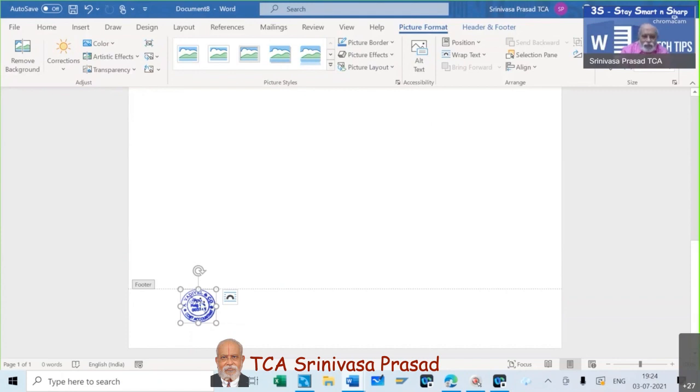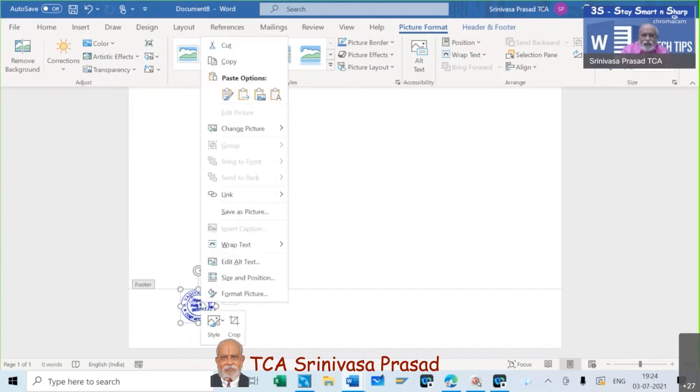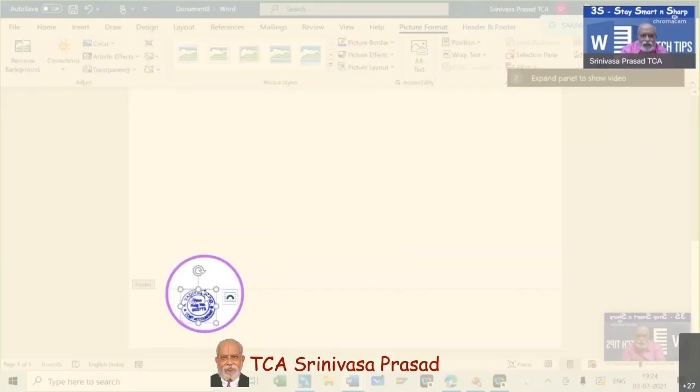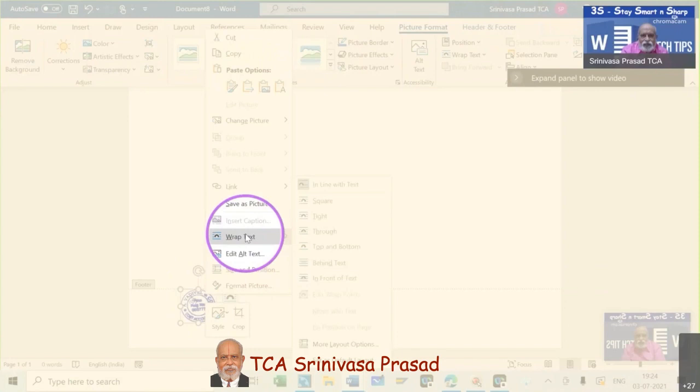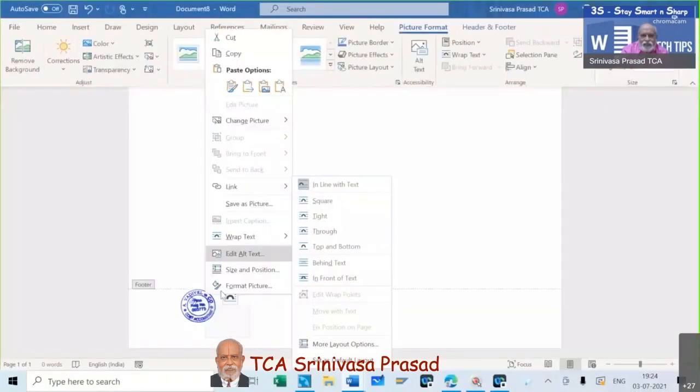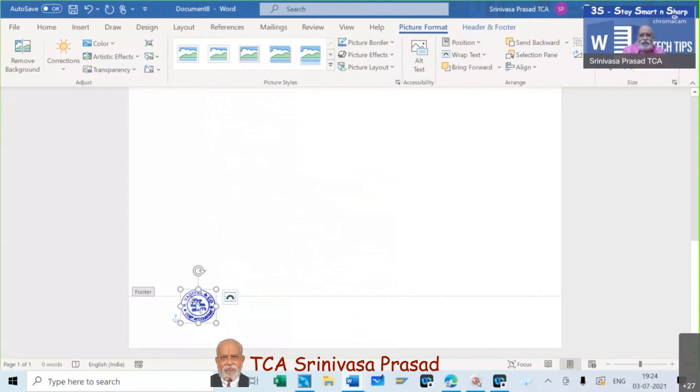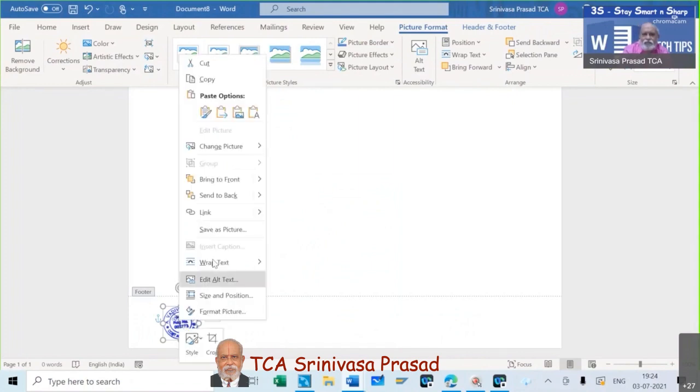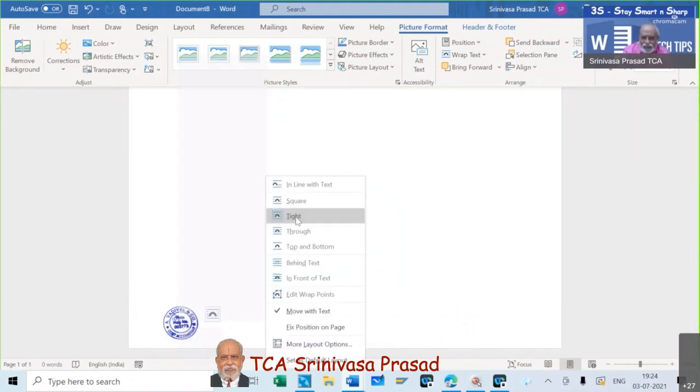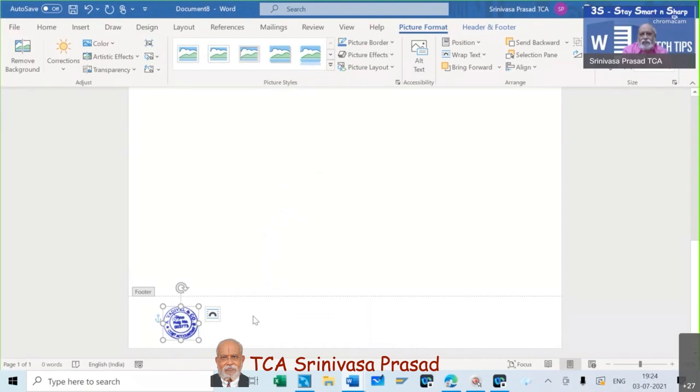For that, you have to right click and there is a wrap text. Please have a look at this. When you right click, you will have wrap text. In wrap text, you have to say tight. The moment you say tight, it will follow you like a dog. Wherever you take it, it will go. Should I repeat this again? Right click the picture, wrap text, go to tight, then only it will start moving. Otherwise it will not move.